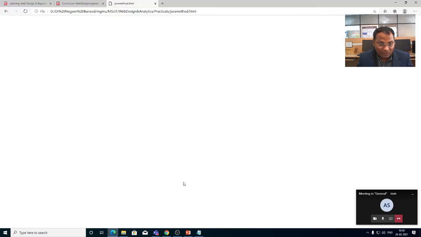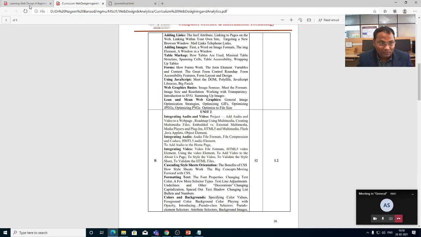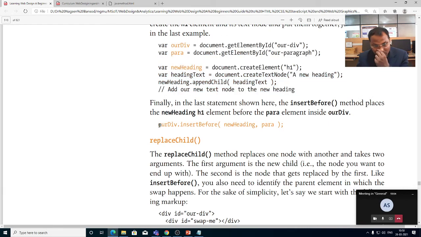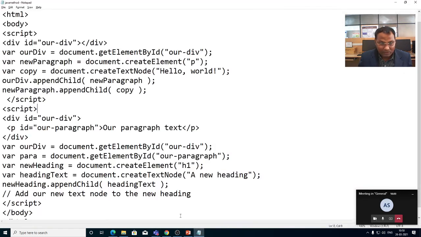Now you see we have to add this para argument, then it will be displayed.